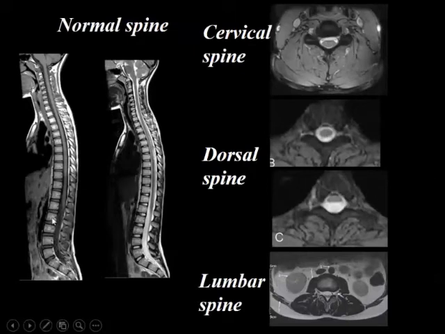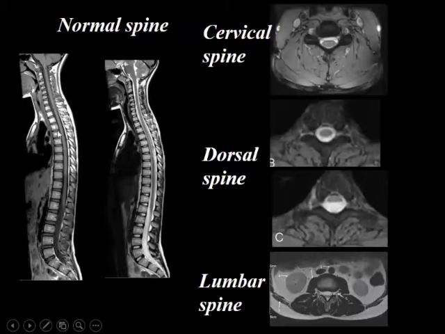Now let's look at the spinal anatomy. I've just brought about a single midline section here. This is the cervical, dorsal, lumbar, sacral, and coccygeal. Now this is a T1 weighted sequence. Now why do I say it is T1? Because the CSF is black, the fat is very white, and it's a T1 sequence. Similarly, T2 weighted shows the CSF to be bright, the fat less bright than that of the T1 weighted sequence.